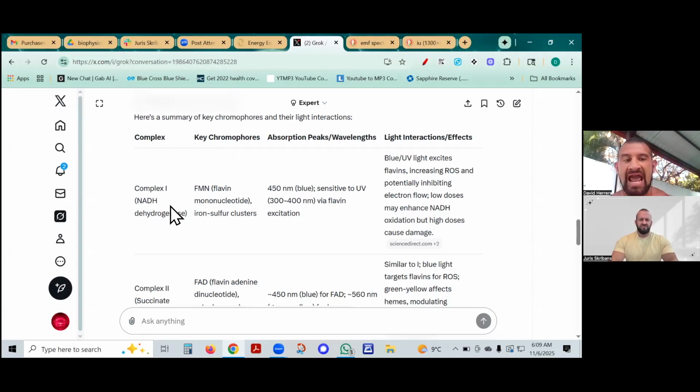And so what it does is it amplifies the environment outside that grew the plant, also amplifies directly complex 1, which is going to deal with that plant's chemicals. Let's put it that way, right? The molecules that are coming from it. And UV light and blue light make it more sensitive. Making it more sensitive means that it's going to go through its actions of dismantling NADH into NAD plus and pumping protons. What does that mean? That means you're going to increase reactive oxygen species, and you're going to potentially oxidize more stuff, right? Because you're using more oxygen in that capacity.